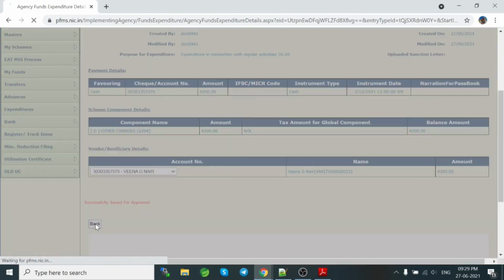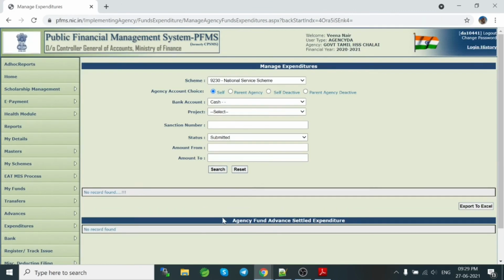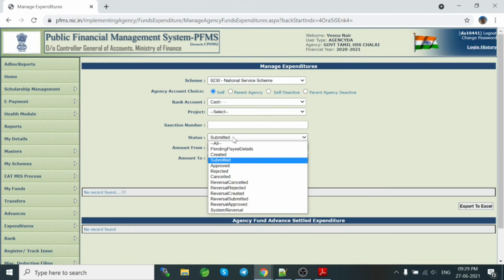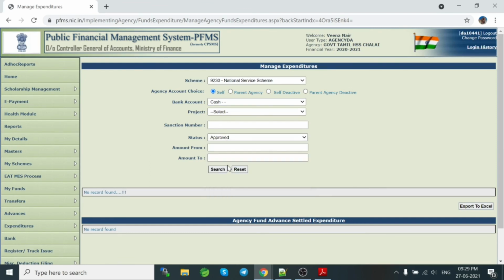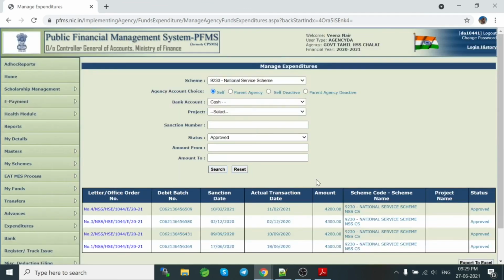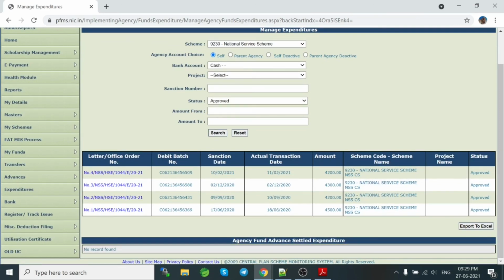Now I'm going back. If you give search, you will not see anything here. If you change the status here to approved and click search, you will see the 4 items here.